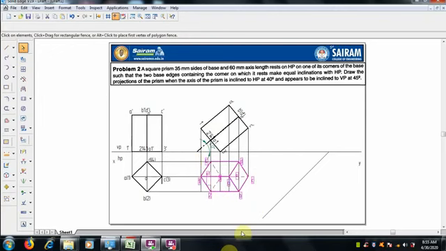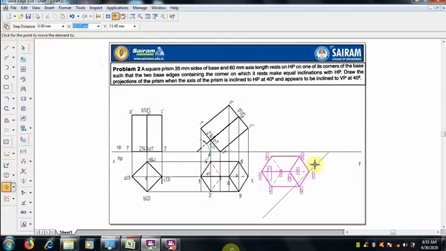Now this view should be rotated and it should be kept on the inclined line. So move a copy of it. The axis should be inclined, so we have to select either O or C or 3 which is on the line.